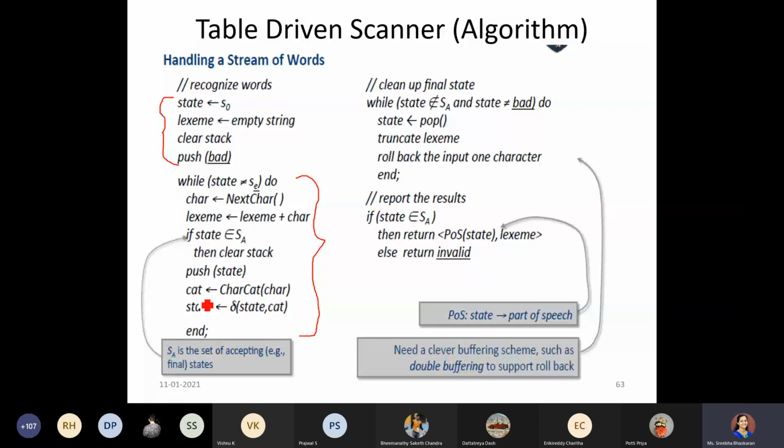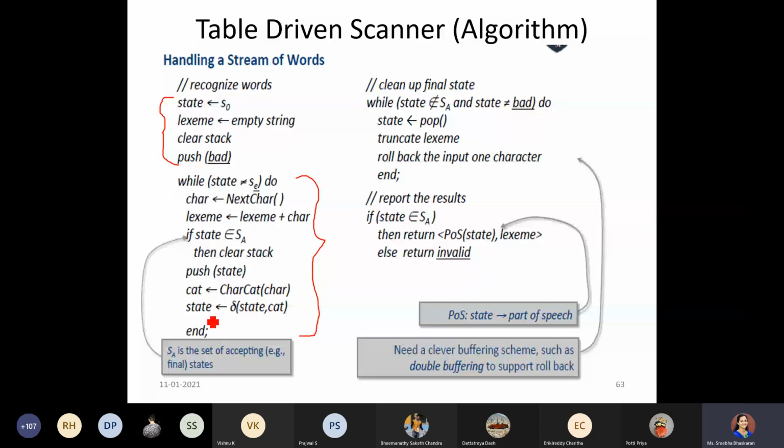So digit would be taken up, and you take the transition with respect to the state and that category. If you are in state S0 with respect to digit, what transition would you make? You look into the transition table and see which state you would be moving to. That state would be taken.